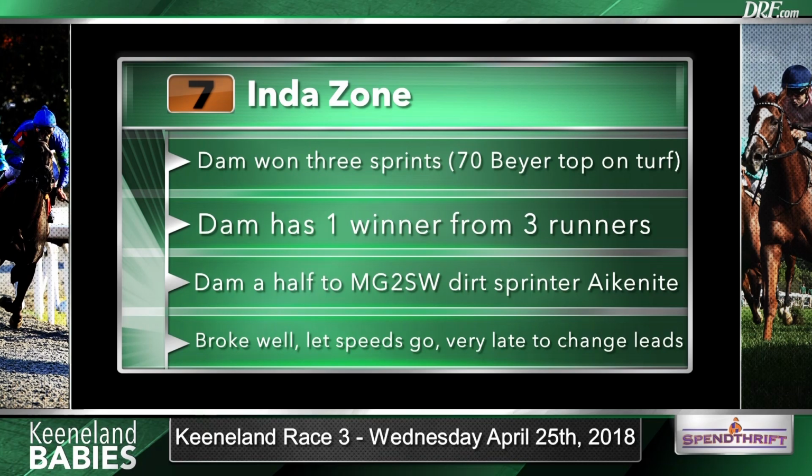My concern is that trainer John Hancock usually revs them up first time out, and if you go into Formulator and look at the second time out stats, they're not as good. Perhaps they regress by bouncing a bit in start number 2, and that's the concern here for me at 7-2 on the line. Yeah, you do have to wonder if this one is a bounce candidate, but as we said,